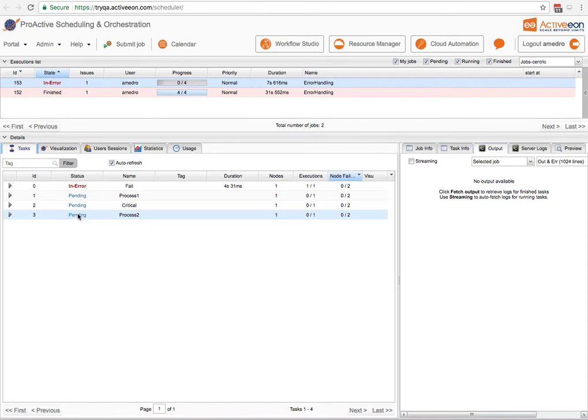In such a case, what you can do is try to fix the issue in the backend. Maybe a file is missing, for example. Then you can retry the task execution. You can also simulate a proper task termination using mark as finished on resume. Then you can see all the dependencies resumed and running correctly.